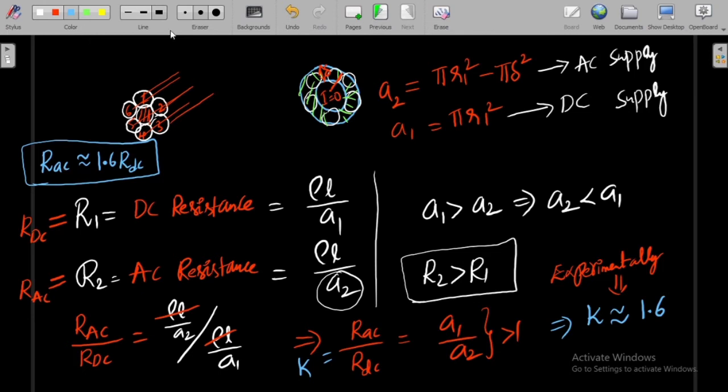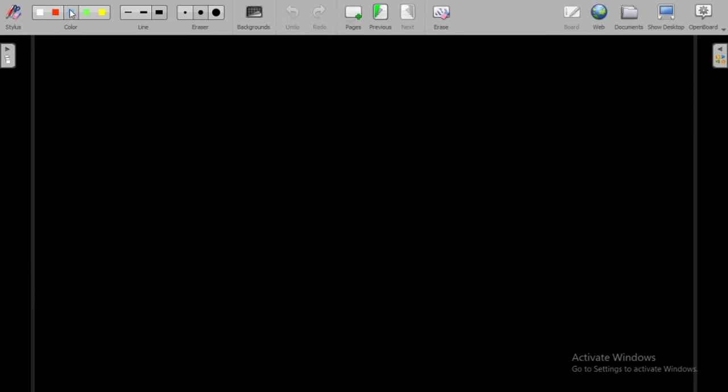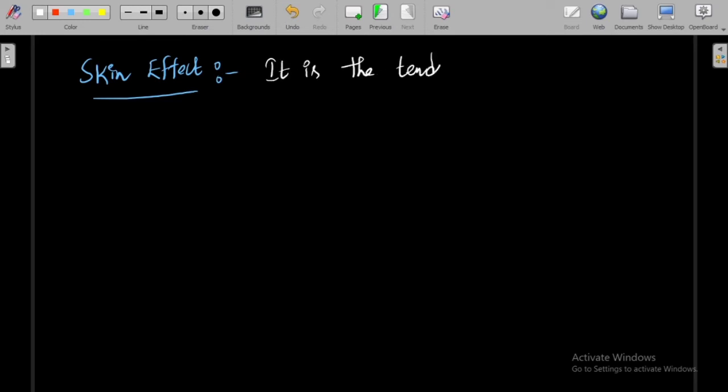Why is it called skin effect? Now let me write what is meant by skin effect. I hope you understood what is meant by skin effect. Skin effect is mainly observed in AC circuits. What is happening in AC circuits? Skin effect is nothing but the tendency of the current. Basically it is the tendency of AC current to be concentrated at the outer layers,